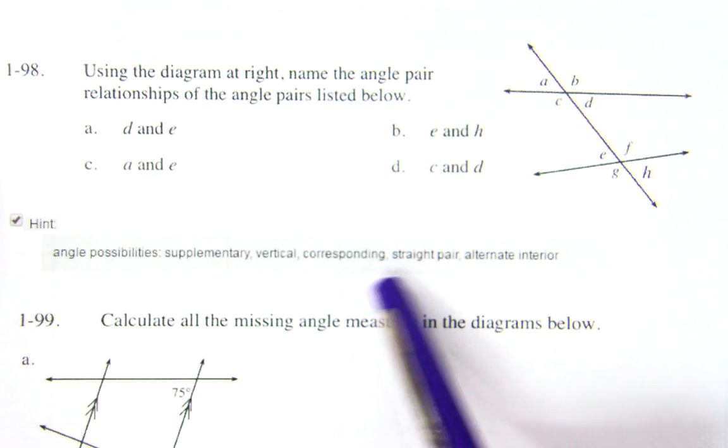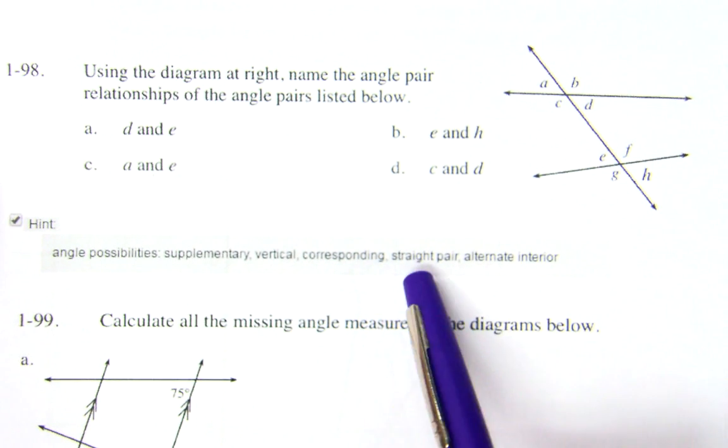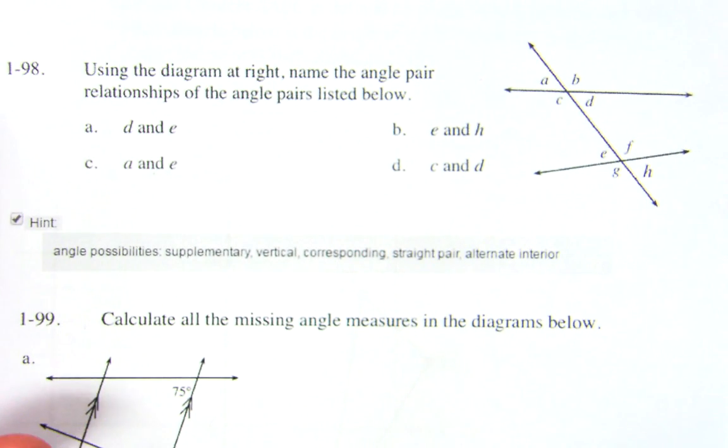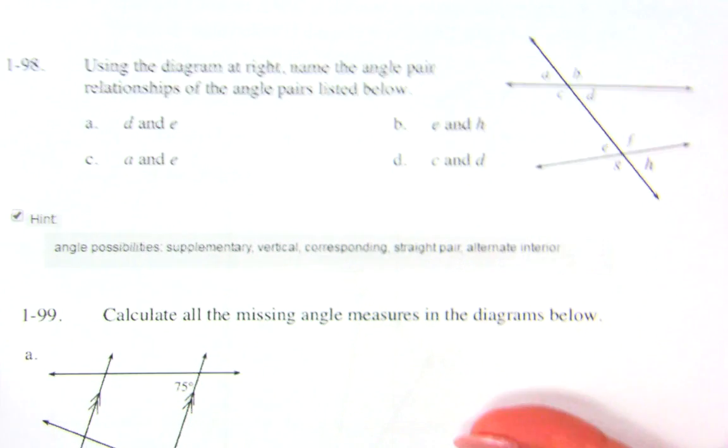So you have 1, 2, 3, 4... wait, 1, 2, 3, 4, 5. So 5 possibilities for 4 of the answers. So you're going to have to decide and make sure they're correct. Number 99,